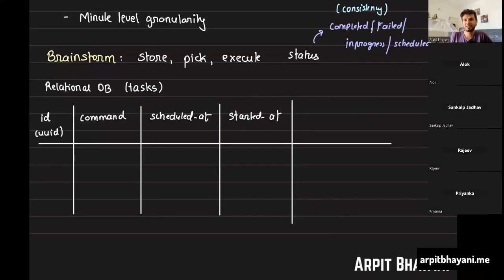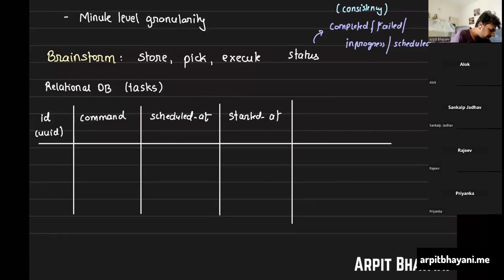Correct? This is how you would know that you are maintaining your SLA. In case this breaches, you know that this is the task that breached the SLA. Then you figure out why that is happening. So step one in ensuring that you are meeting an SLA is to know whether you are meeting an SLA. So first we are measuring things. Started at is one.